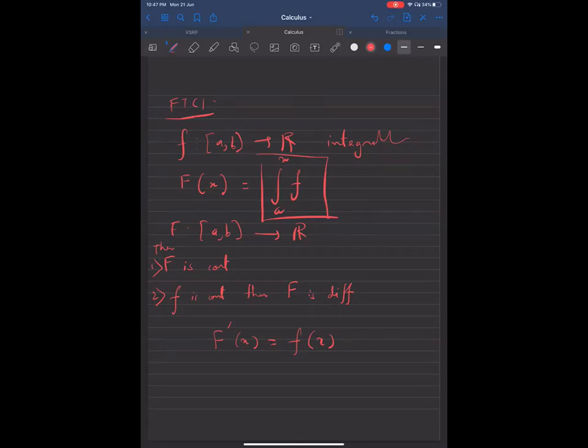If we start with a continuous function and integrate it up to a certain point and call it another function, the integral function, then that integral function is differentiable, and the derivative of the integral function is the function itself. So this says that the derivative of the integral is